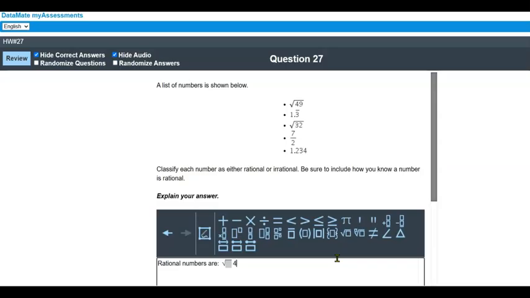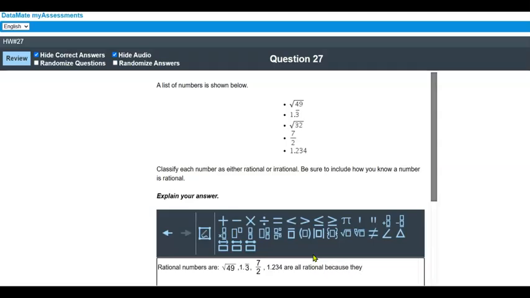So the rational numbers are the square root of 49. Click in here so I can type it. Then I'll put a comma. And I'm going to put 1 point, and I'm going to use this button here to put that repeating bar, 3. That is rational. And 7/2 is a ratio, so that is the fraction button here, 7/2. And then the final one, 1.234, are all rational because